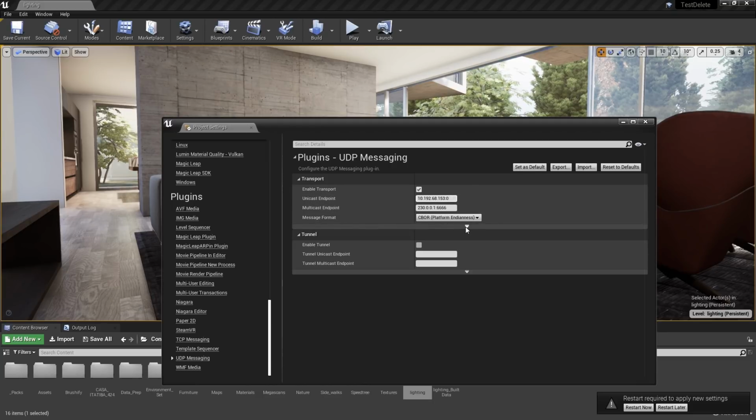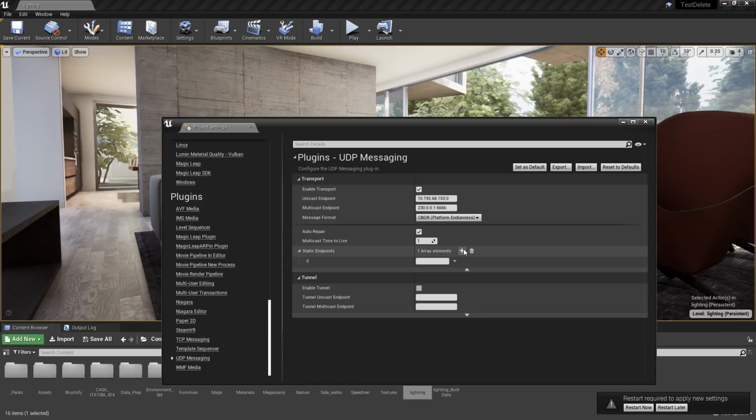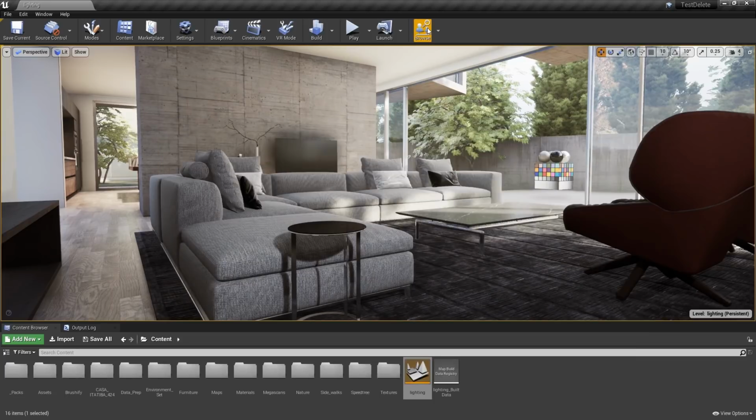From here, I'm going to open the advanced options and add an array element to static endpoints. In this field, I'll be adding Daryl's IP address. At the end of his address, though, I also need to add a colon and then the port number here, which is 6666. After restarting again, I now have the Browse button on my toolbar to the right, and this